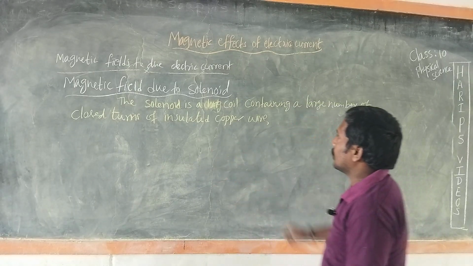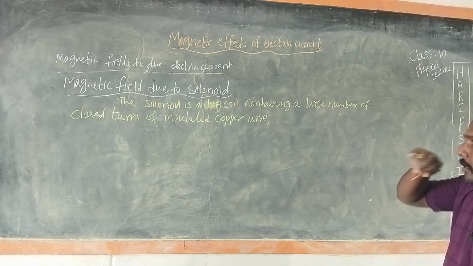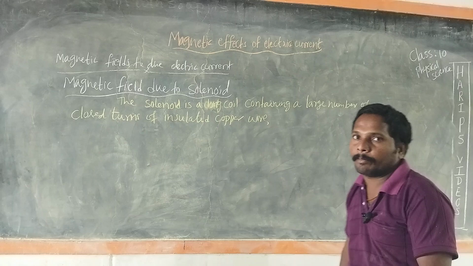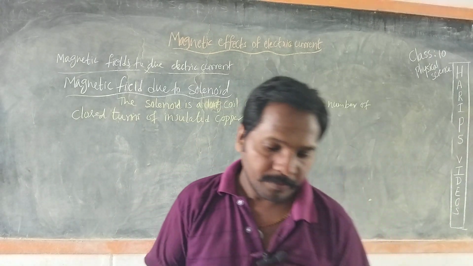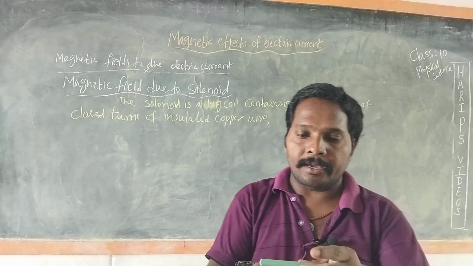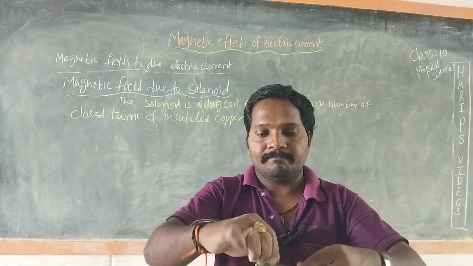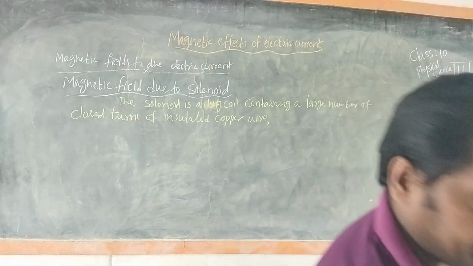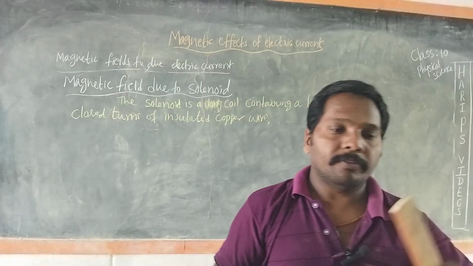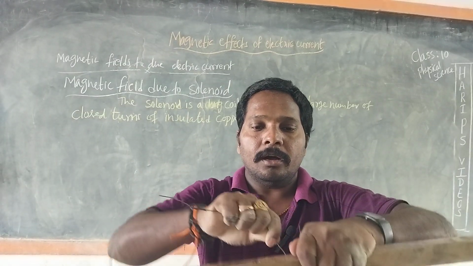The solenoid is a long coil containing a large number of closed turns of insulated copper wire. So, for example, if I turn this wire around the piece of chalk, or if I turn this wire around